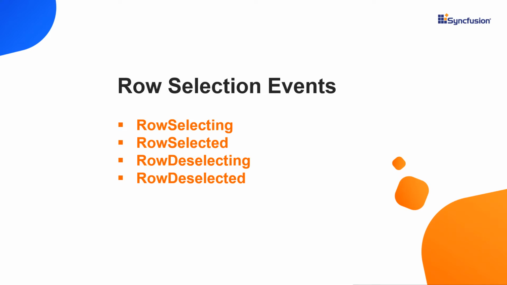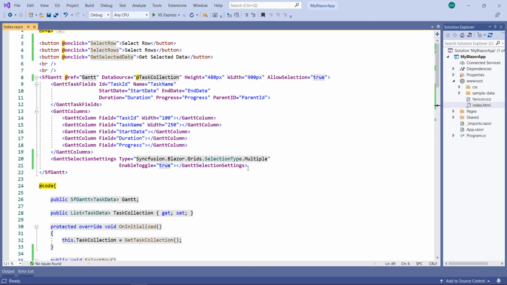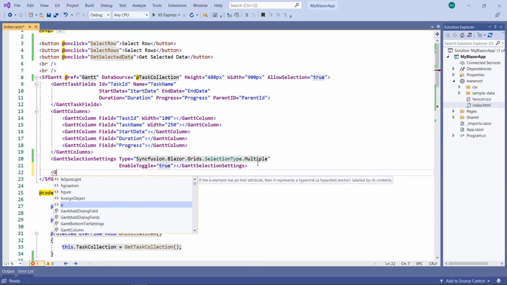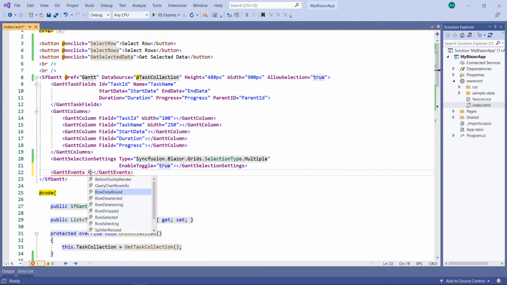During the row selection action, the Gantt chart component triggers events like row selecting, row selected. While deselecting, it triggers row deselecting and row deselect. Let me explain the row selected event now. The row selected event triggers for each record after the selection is completed. To access the event, in the SF Gantt, add the Gantt events tag, and add the row selected event, and